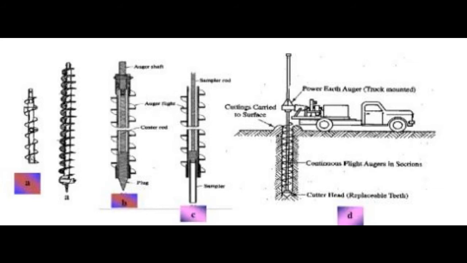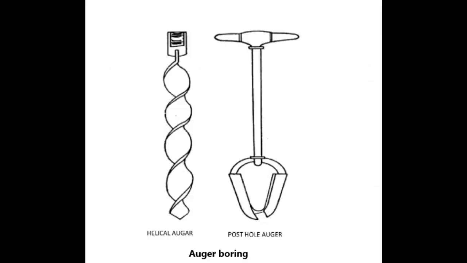In the auger boring method, augers are used in cohesive and also soft kind of soil, or the soft soil that is above the water table. They may either be operated manually or mechanically. Then there are helical augers and there are post hole augers, like helical or spiral augers. These two types are used to find out the soil bearing capacity.